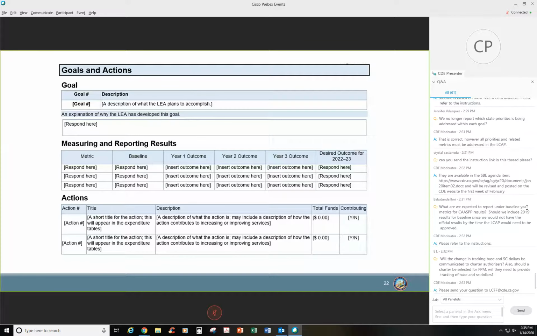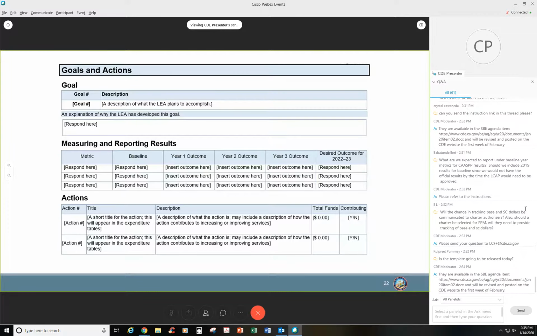So when you're developing the year 2 LCAP, the 2021-2022 LCAP, at that point you will fill in the year 1 outcome. If you remember the prior template, that would be your actual outcomes in the annual update section. But here, the goals section has subsumed the function of the annual update section, and this is one of the ways that it's done it.